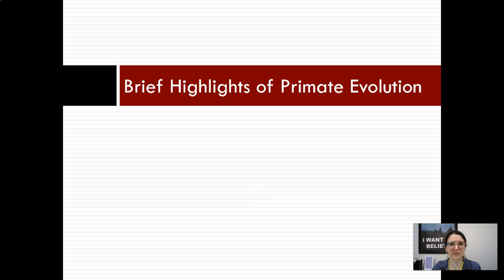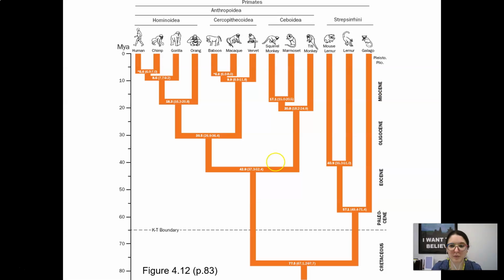Now that we have an understanding of what a primate is and some of the characteristics that we all share, before we get into looking at human evolution, I thought it would be useful for us to briefly cover some of the highlights of primate evolution, to explain how we went from generalized mammalian traits to the special package of traits that are distinct and unique to primates as a group of animals. The fossil record is what we need to rely on to look at this, and the earliest fossil record